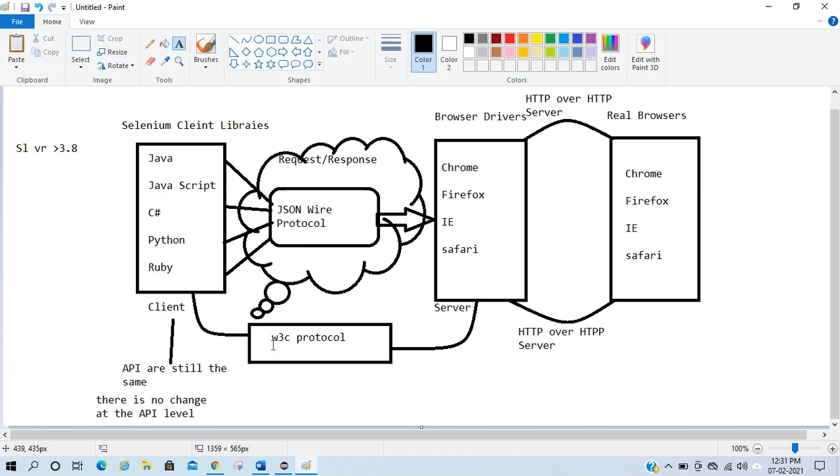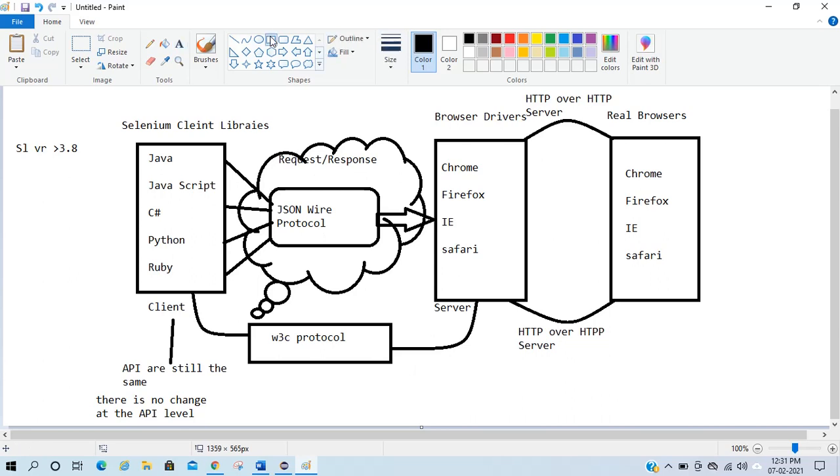And what are the other benefits we are getting? As the communication is now happening in the W3C protocol, there are some enhancements we can see in the Actions API.